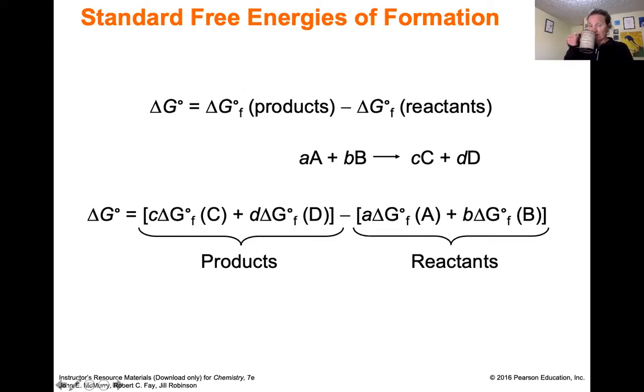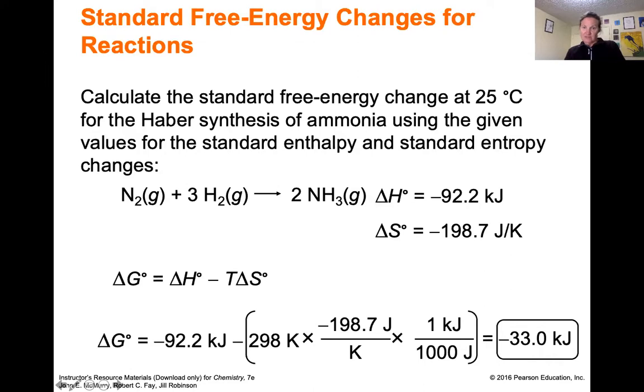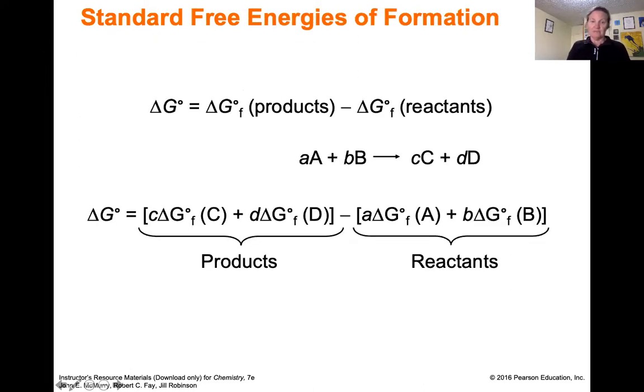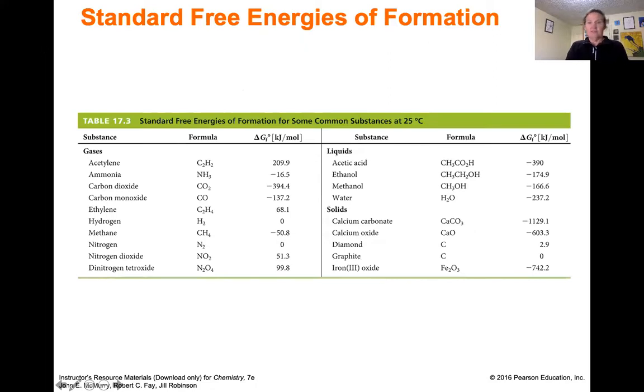If we want to get the delta G for a reaction, the other way to do it is to go directly to the delta G's of formation in your table. Just like delta H's of formation, you can use those to get the delta H of a reaction. A delta G for a reaction is: add up all the delta G's of formation of the products and subtract the reactants, remembering to multiply by their stoichiometric coefficients because each of these is per mole. This is just a little table. Your book has a huge table at the back. It's the same table that you got heats of formation out of in Gen Chem 1.